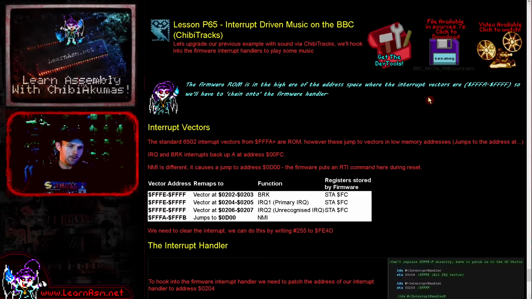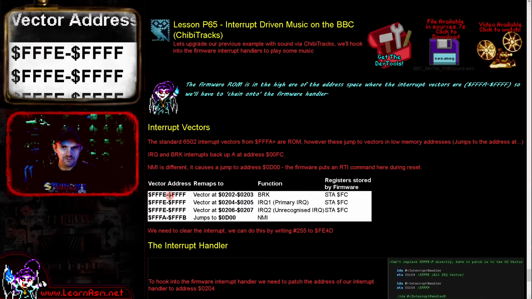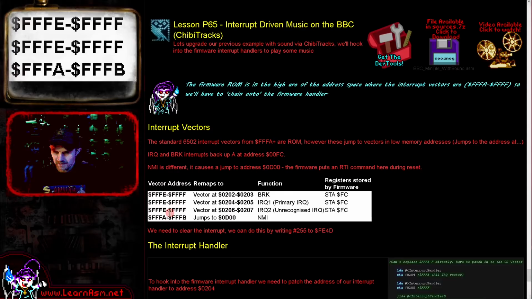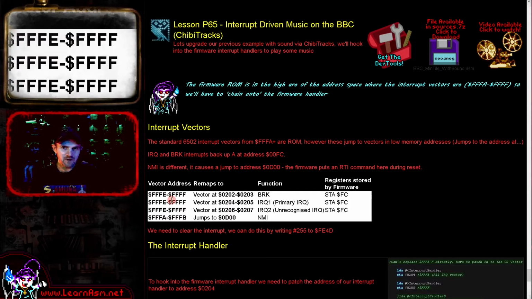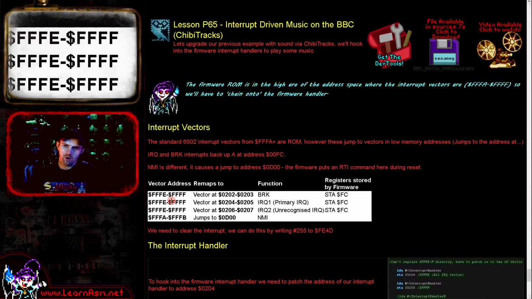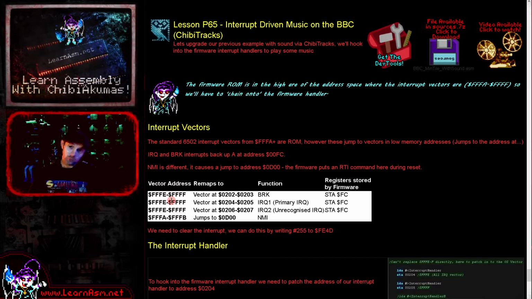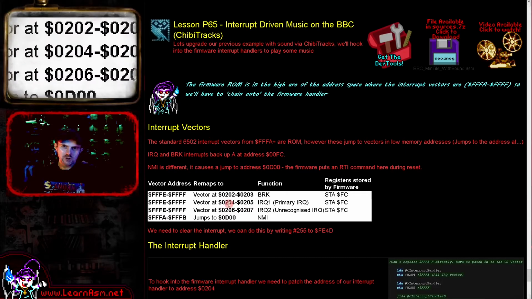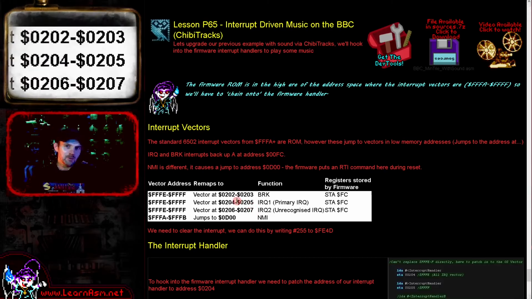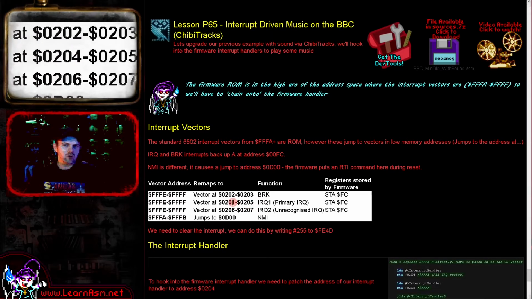Now, the 6502 processor will typically execute the address at the very high memory addresses when an interrupt occurs, and so typically we would assume that the FFFE to FFFF range will contain the address of our interrupt handler. That is sort of true. It's true that that is the interrupt handler address, however that is a ROM address. The BBC ROM will actually be executed by that address, and so we have to patch into the ROM's interrupt handler. What we actually have to do is put the address of our interrupt handler at the 16-bit address 0204 and 0205,